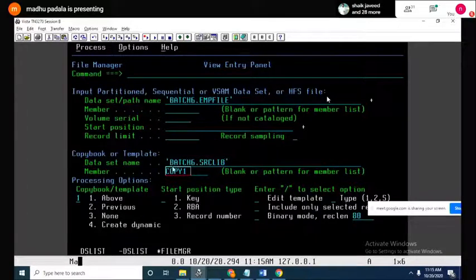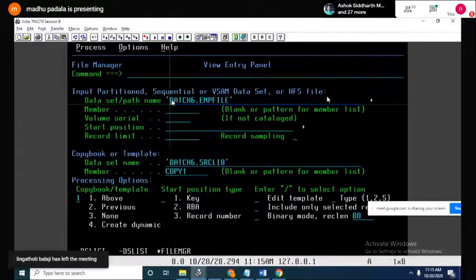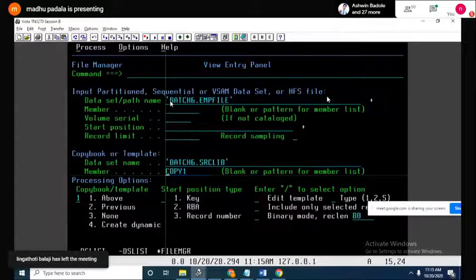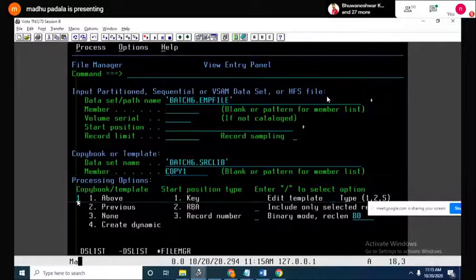That structure is available in this PDS. This is the member where the structure is stored, correct? That structure is this file's structure. And give 1 here. So now hit enter.